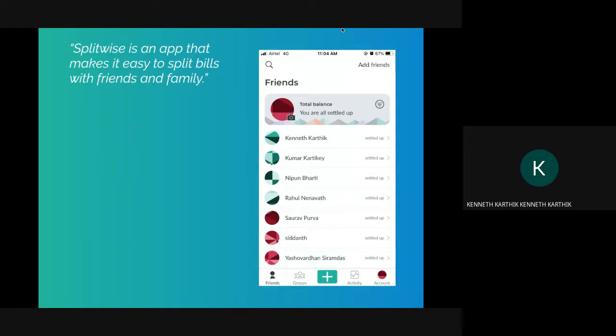Basically, Splitwise is an application, for those who don't know, to split your bills. So if you have certain payments which are pending with your friends, you just split the bill with that person, and all of your pending payments and all your pending receiving stuff is listed together, and people can keep track of it over there. So it had a lot of benefits.